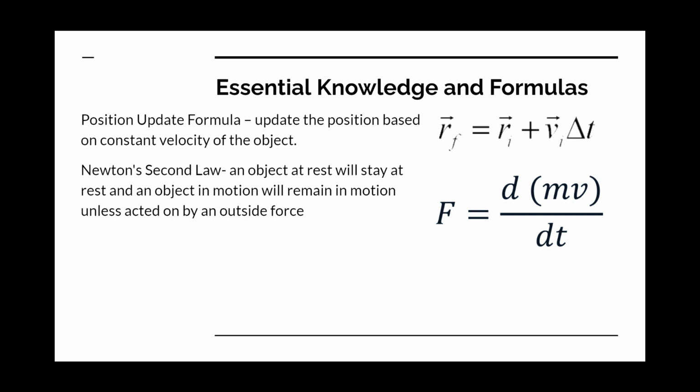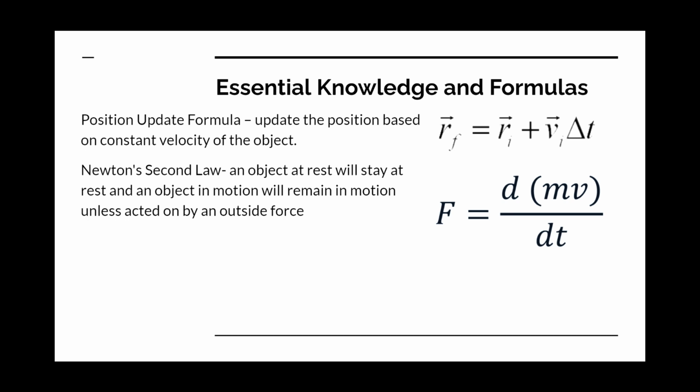And then we'll look at the what if and what does it mean for this experiment. So, essential knowledge and formulas. The position update formula updates position based on the constant velocity of the object. The velocity from one point to the other will have an average velocity. We take that average velocity times the time step and add it to your initial position, which gives you the position you ended up at. If we use that for enough steps, we can use the data points of where our position was to get the overall velocity of that motion,